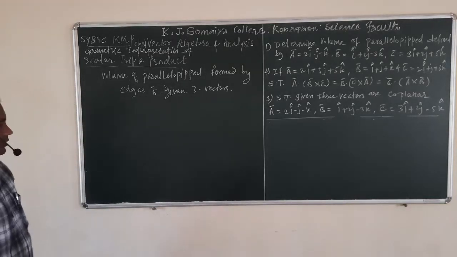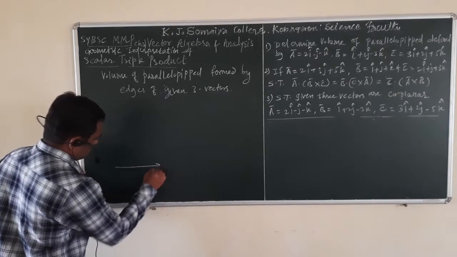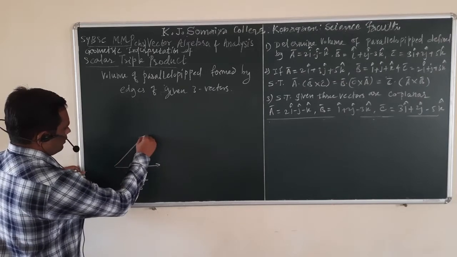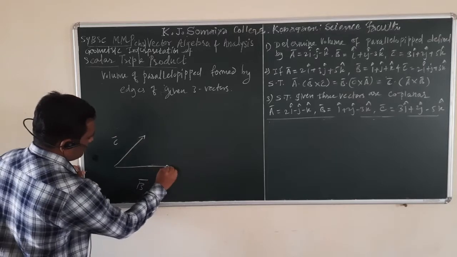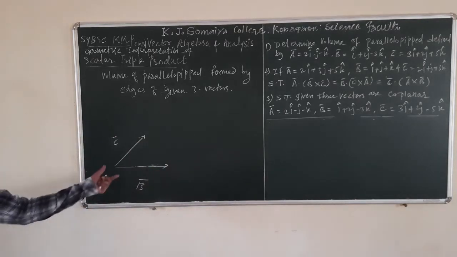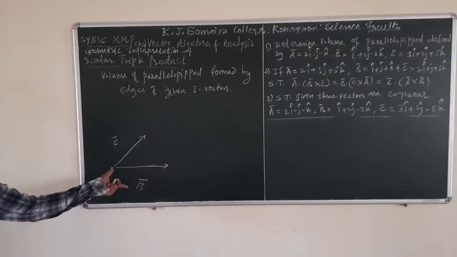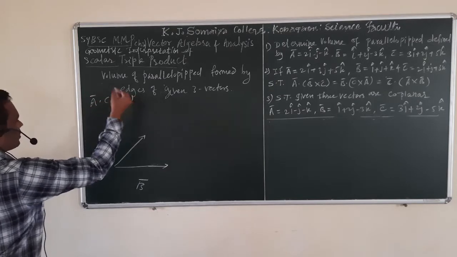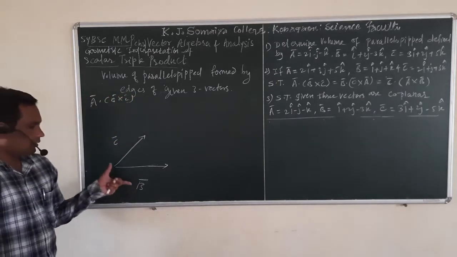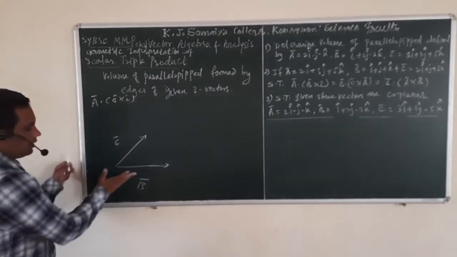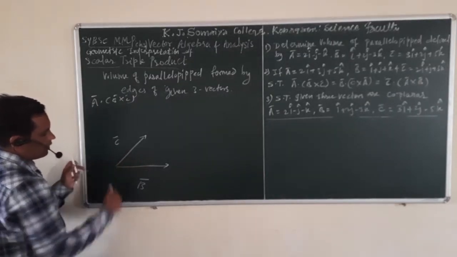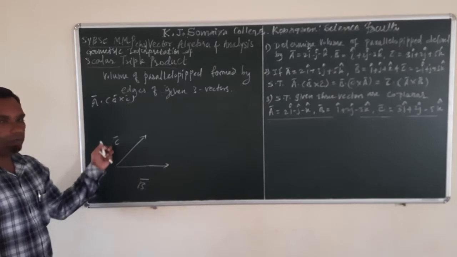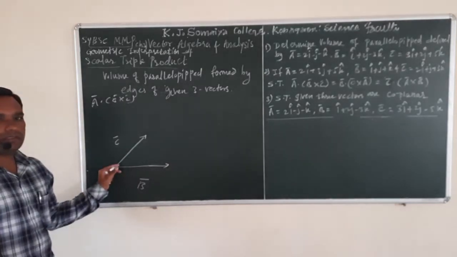So for finding how the triple product forms the volume of the parallelepiped, we have to consider two vectors. Suppose this is vector B and this is vector C. We know that if you take the cross product B cross C, we are going to study the geometric interpretation A dot B cross C. B cross C is perpendicular to the plane of this. Now B cross C lies in the plane of this board. That's why B cross C is perpendicular to this.